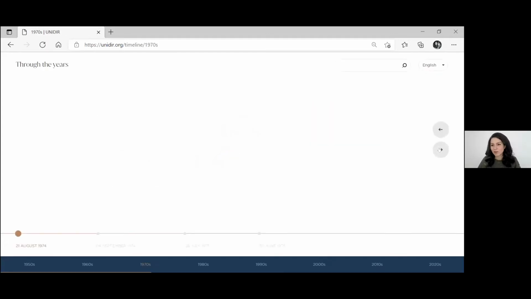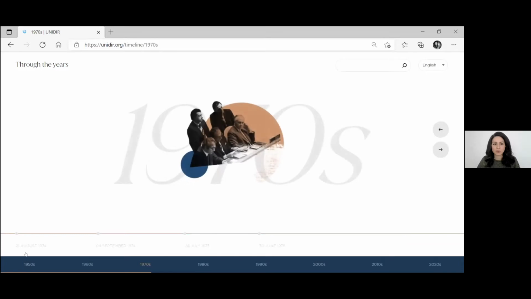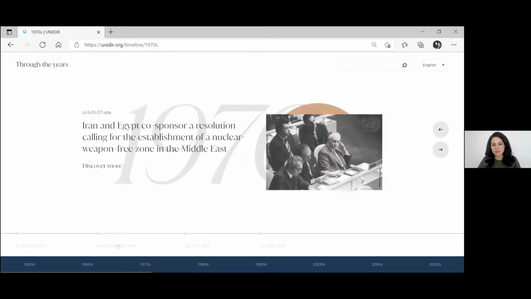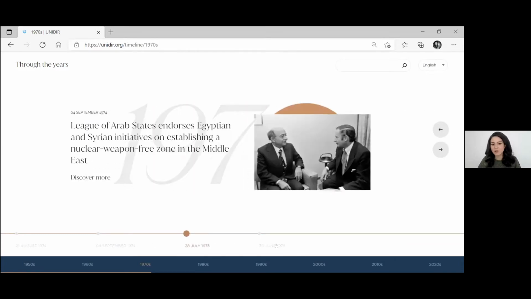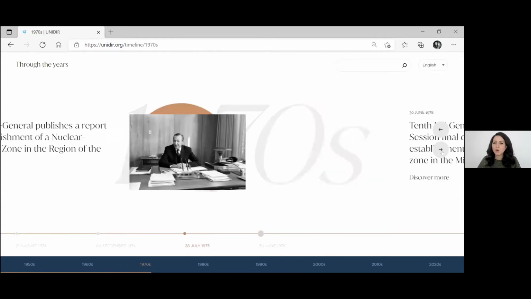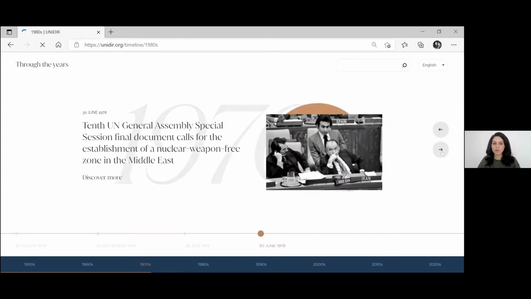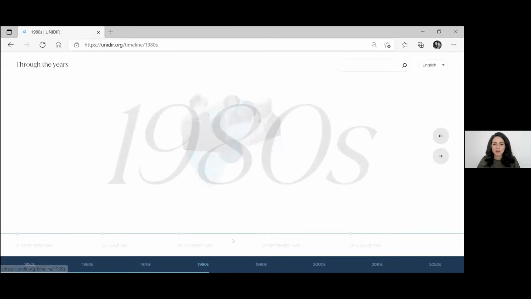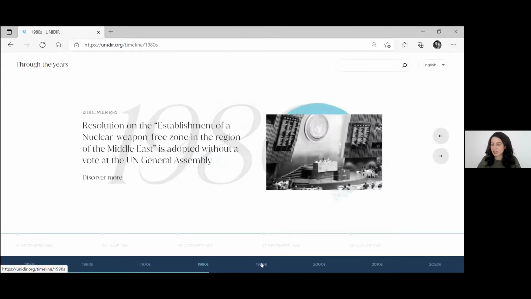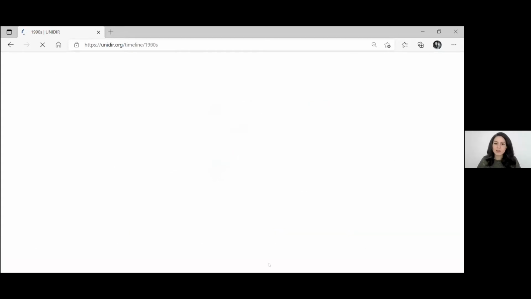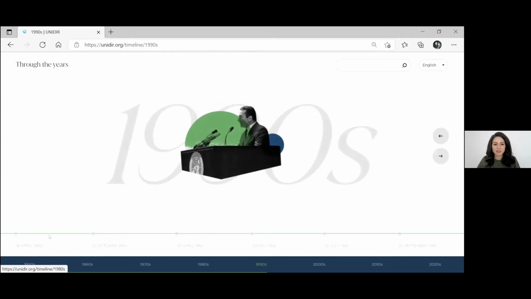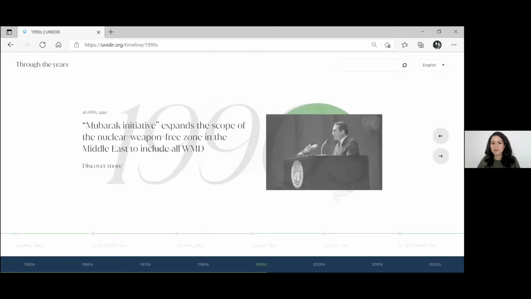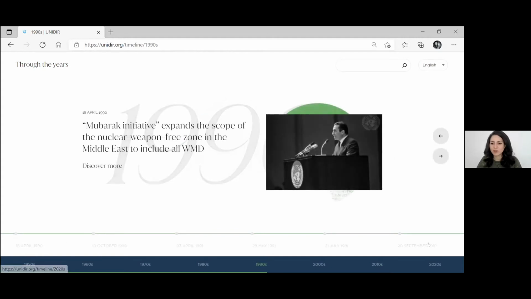So using the arrows here on the right, you can navigate through the events at the bottom, so you can see the dates of the different events, and you can click on them to move through them, or you can just use the arrows to keep going forward. If you'd like to skip a decade, you can always just click on it in the ribbon at the bottom. So as you can see here from this ribbon, the 90s saw much more action, and we can scroll through